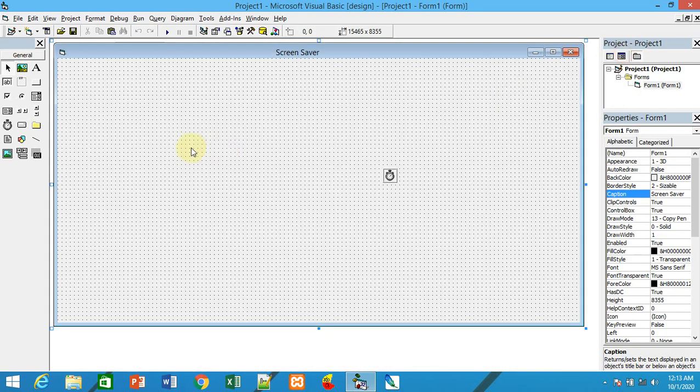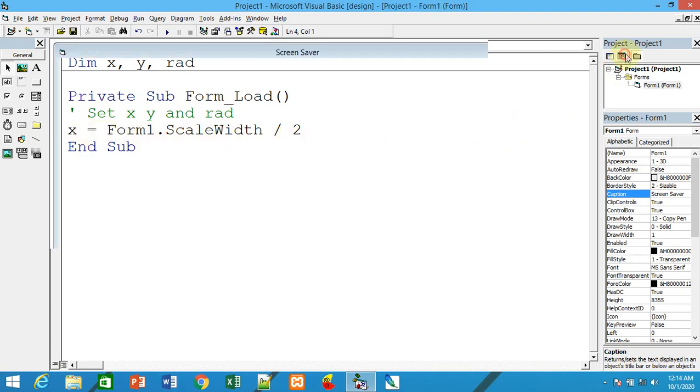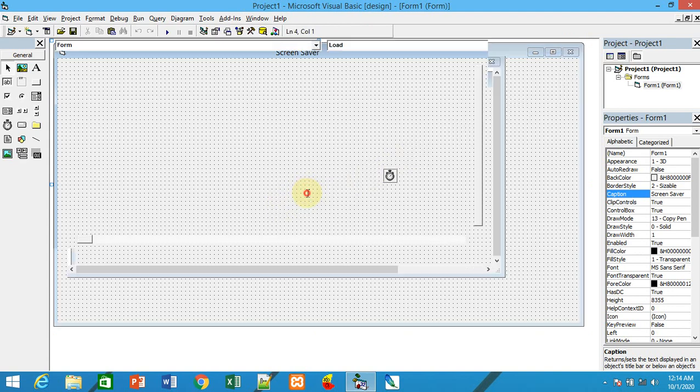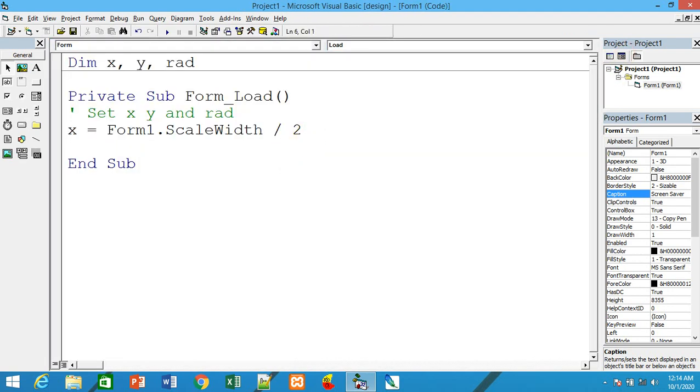ScaleWidth means this is the width from here to here, so half of that one, approximately here it is. Similarly, y is equal to Form1.ScaleHeight divided by 2.